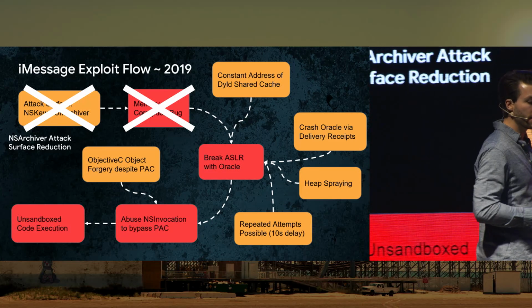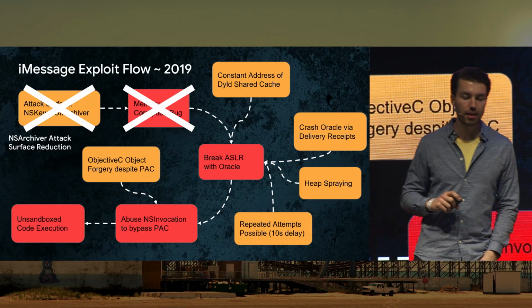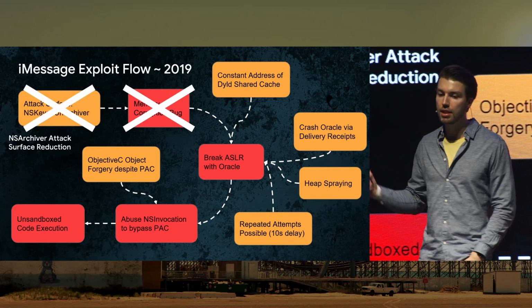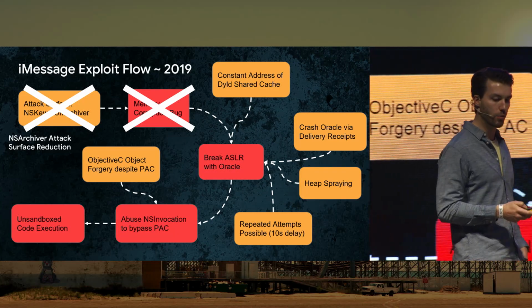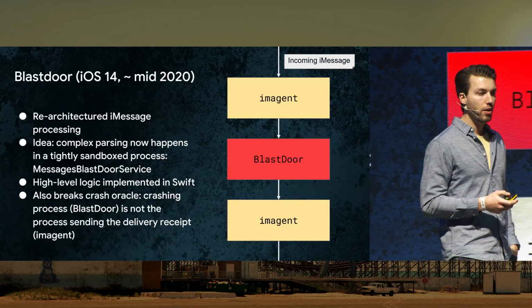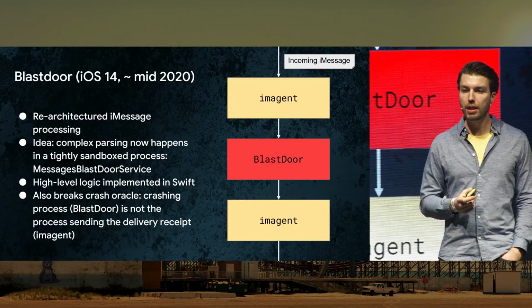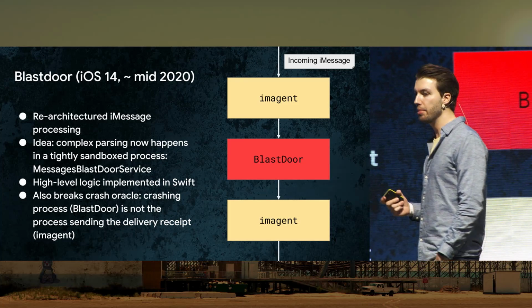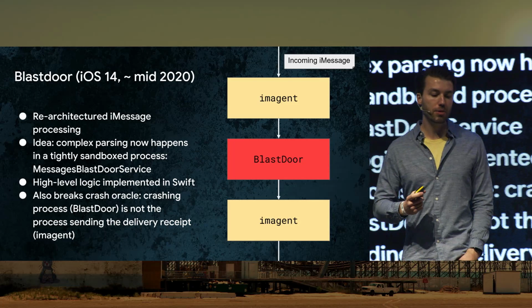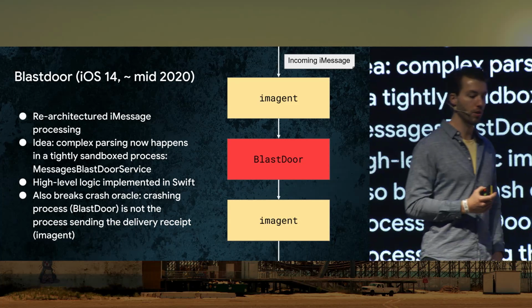And so they basically blocked a whole bunch of this NSKeyedArchiver attack surface in iMessage. So that's really nice. Let's look at what else they did. One of the biggest changes is they did some re-architecturing for iMessage, and they introduced something called BlastDoor, or Messages BlastDoor Service,